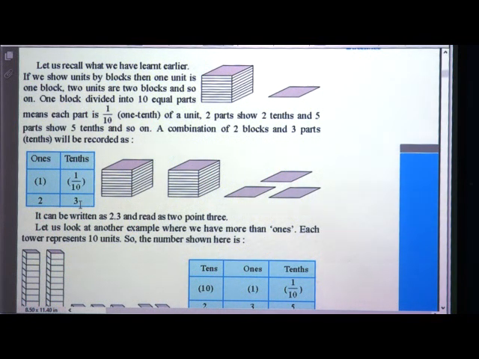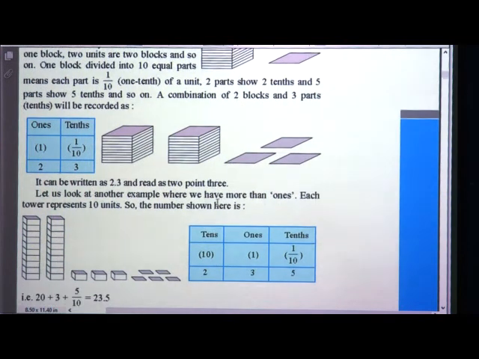So, out of 10, how many parts are there? 3. So it is 3 by 10. And if we want to write 3 by 10 using a decimal point, it becomes 0.3. Then 0.3 plus 2 is 2.3. Hence, it can be written as 2.3 and read as 2.3. Okay. Next,